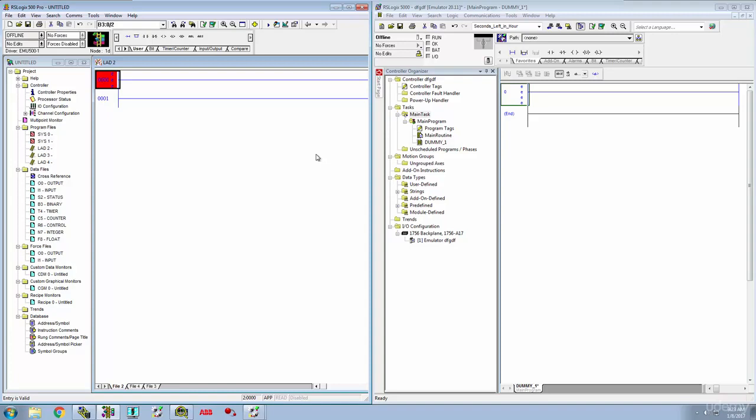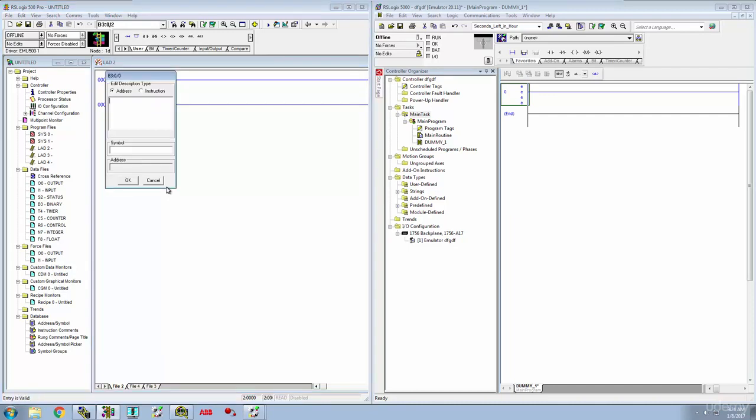One of the first things that we need to understand that's different between 500 and 5,000 is how we allocate memory. So let's look at, first of all, on the left over here, we've got 500. And I'm going to go ahead and create an XIO, and I want to store Boolean information here. Well, I need to use a memory register address. So let's take